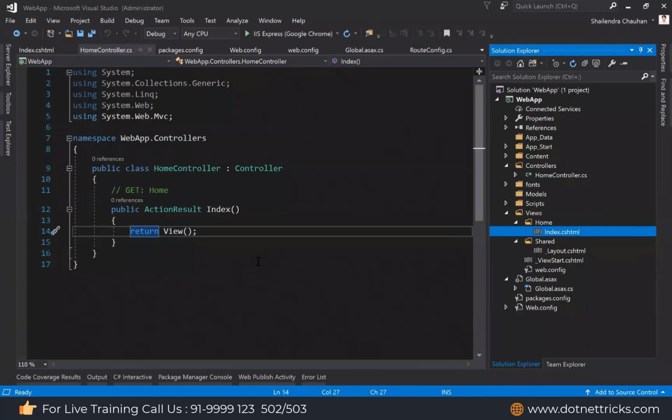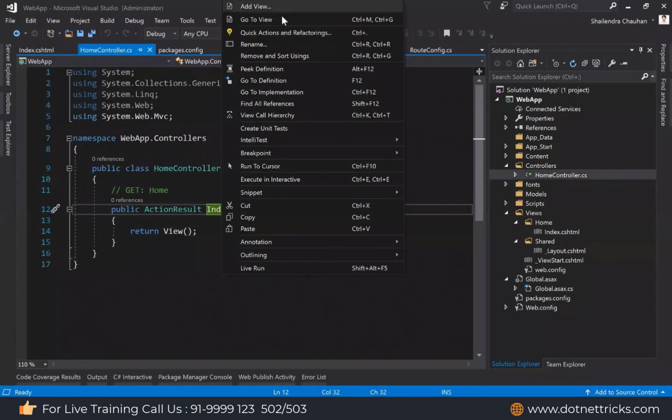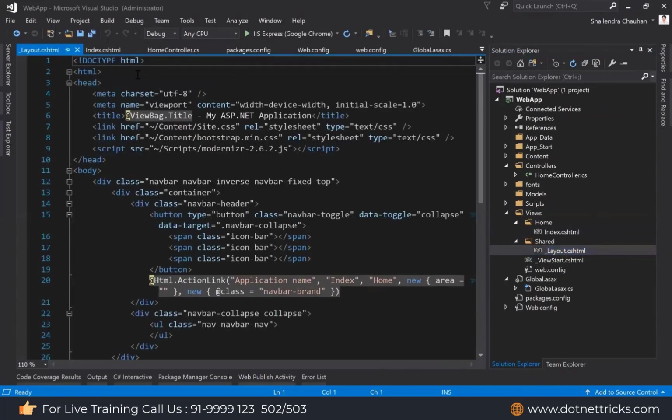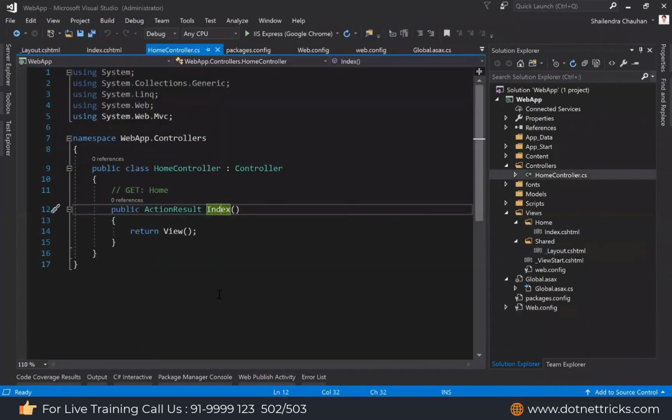So generally, what we do, whatever the other controller name we have, with the same name we define the folder, with the same name we define the file as well. And the benefit of defining with this name, there is option here, go to view. I can directly jump to that view. But if your folder name is different, if your file name is different, you have to go there manually. So you have to just look into the view folder and just open that file manually. In that case, you cannot use the option go to view. I hope it makes sense now.